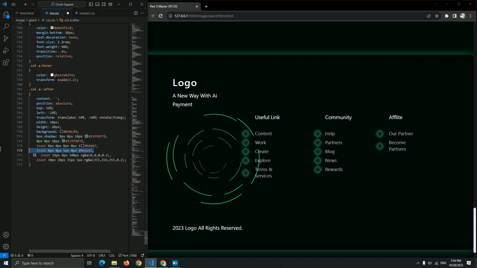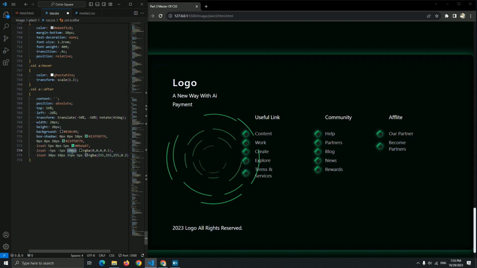Just copy and paste it. 5 pixel for this, 5 pixel, and this 5 pixel. Okay, now it's better. Yes, and for the RGB, minus 5 pixel, minus 5 pixel. Let me add it. Minus 5 pixel, minus 5 pixel. Okay, and 5 pixel for this RGB.